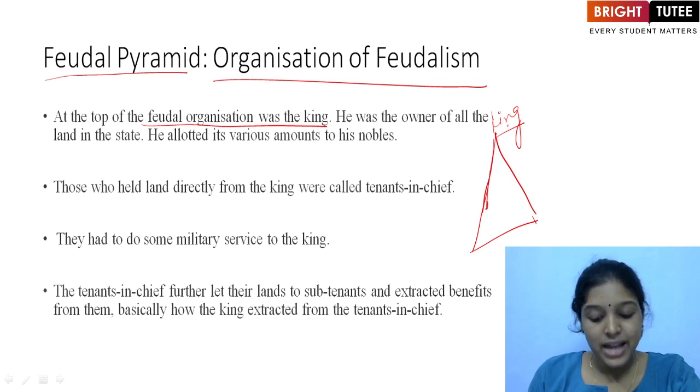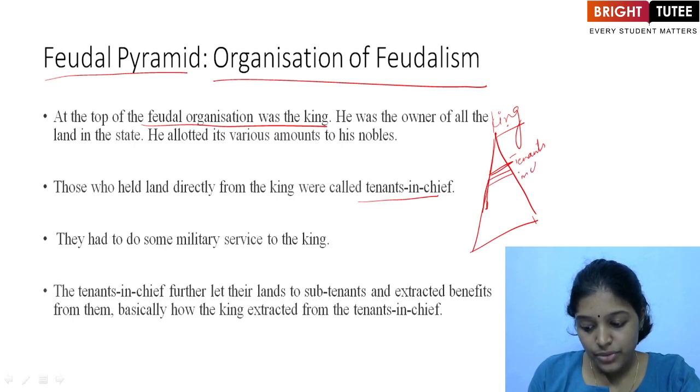Those who held land directly from the king were called tenants in chief. So under the king came a section called the tenants in chief. They were called so because they had the right to hold the land